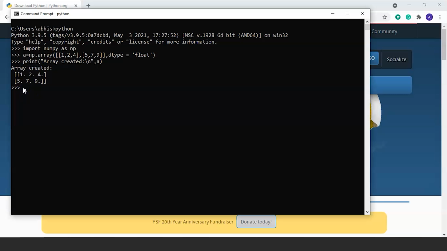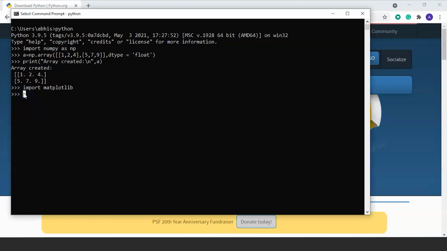So we will check for other libraries. For that we will write import space matplotlib and press enter. If you don't get any error, it means that the library has been installed successfully.